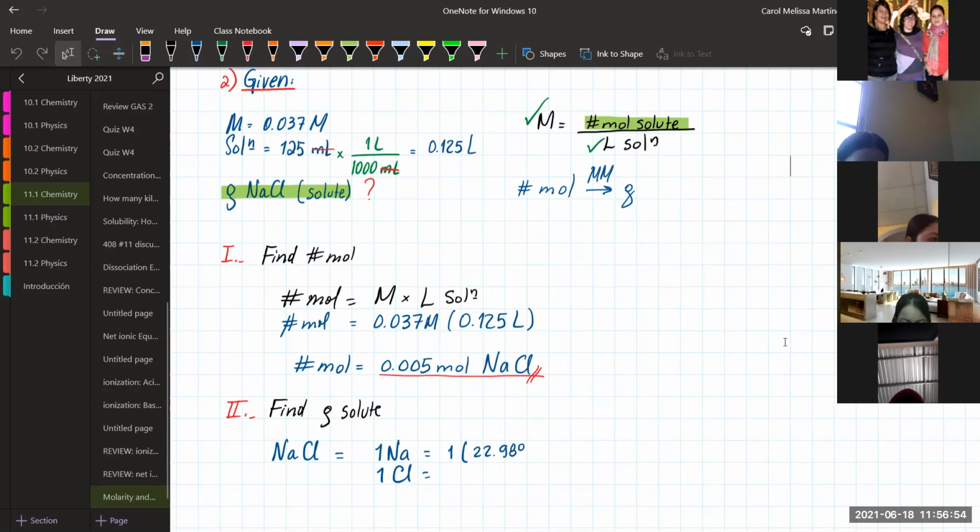And chlorine is 1 atom. Remember, if you don't see them, they are invisible. So you have 1 atom of chlorine, that is 35.45 grams. How much is the molar mass? 58.44